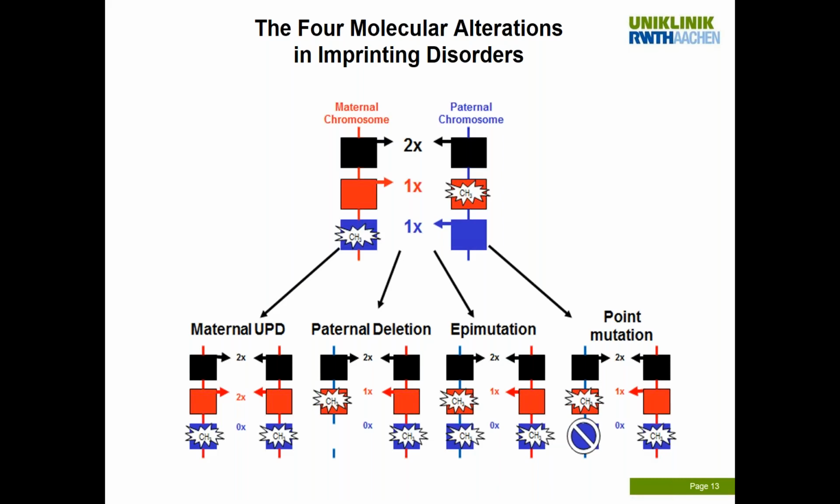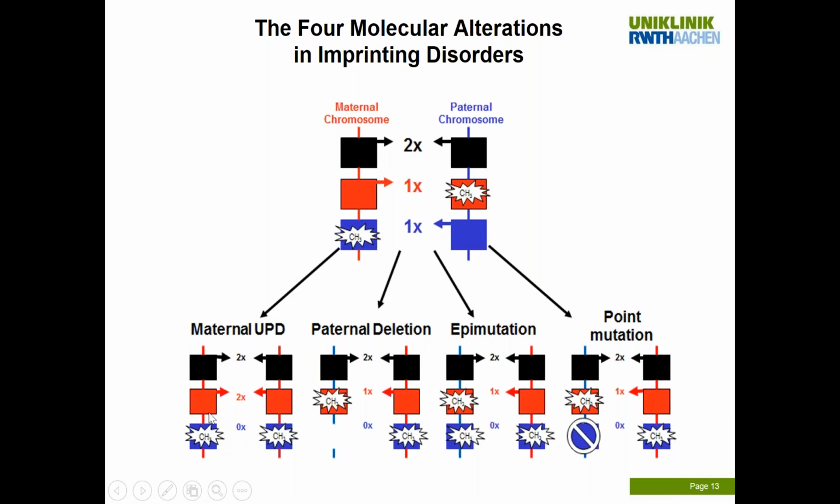The typical imprinting disorders like Prader-Willi, Angelman, Beckwith-Wiedemann, they show four different types of molecular alterations. The most prominent molecular finding is probably the uniparental disomy. Here is shown a maternal UPD as an example. Maternal UPD means that both chromosomes of a pair have been inherited from the same parent. And the problem in this situation is that in case you have monoallelically, parent-of-origin specifically expressed genes,